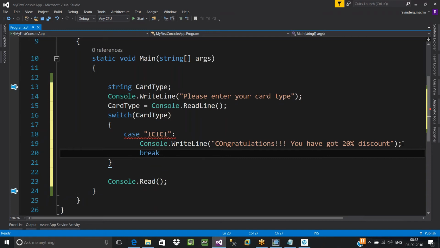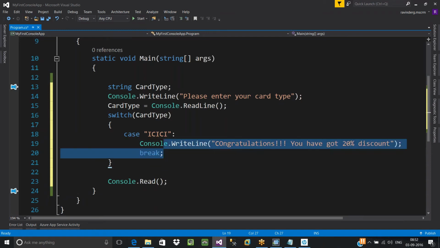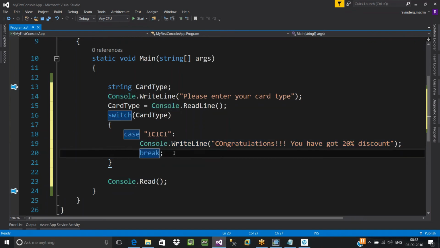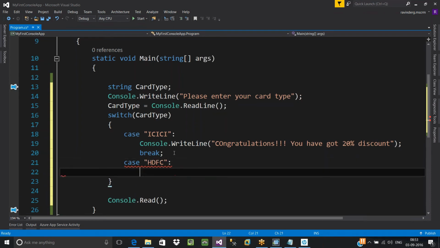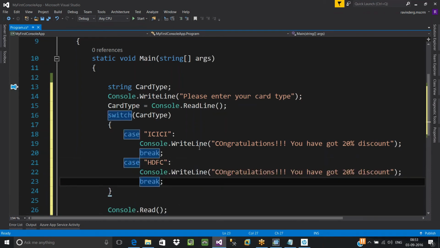And break is mandatory for every case. Later I will tell you why it is mandatory. Yes, it's done. So not only two statements, you can write n number of statements inside each and every case. Next, case HDFC: Congratulations, you have got 50% discount.